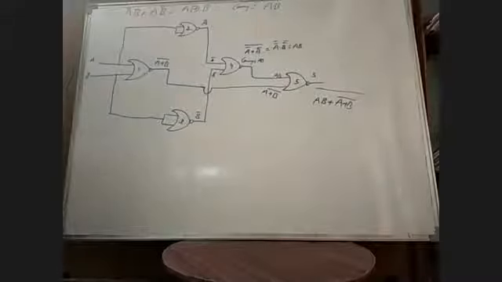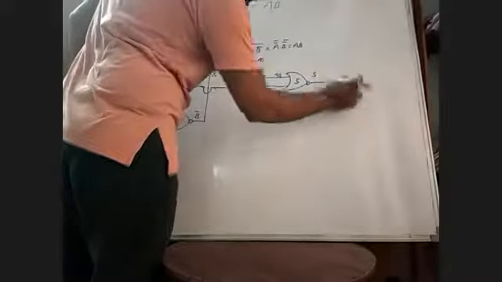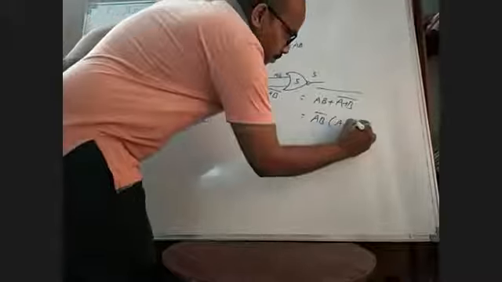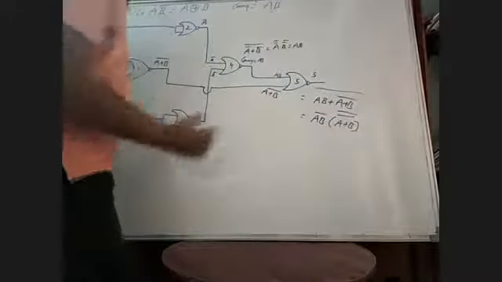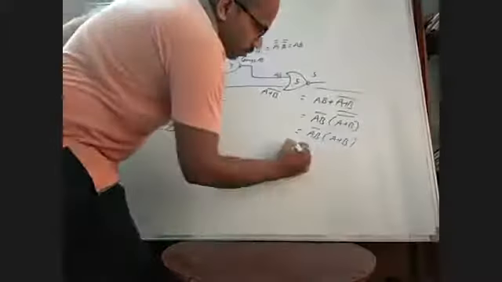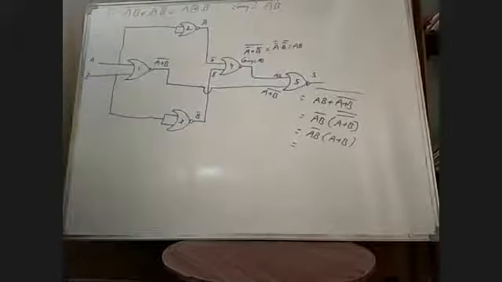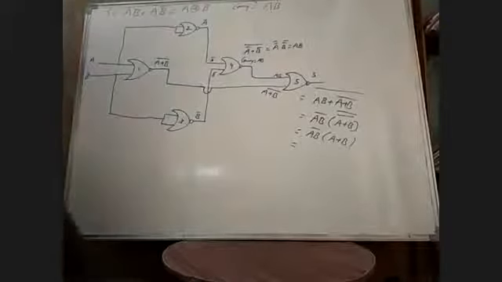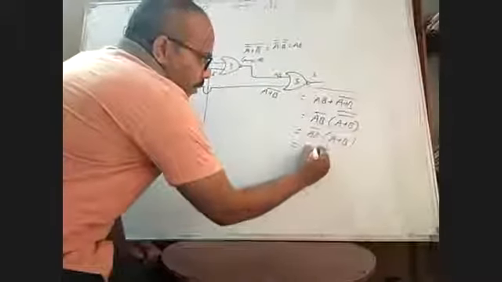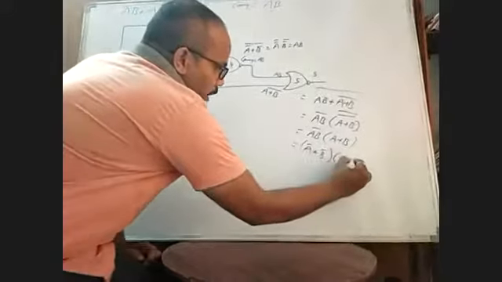ఇప్పుడు చెప్పండి ఏం చేద్దాం. Now I am going to apply this De Morgan's law to the x plus y whole bar. I can write this as AB whole bar into A plus B double complement. You can write this as AB whole bar into A plus B. Now I am going to apply again the De Morgan's law to this. AB whole bar, that is A bar plus B bar into A plus B.